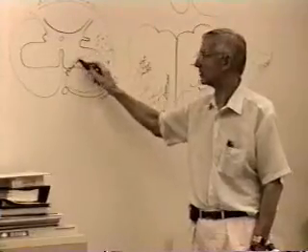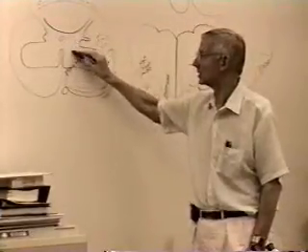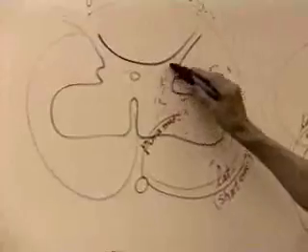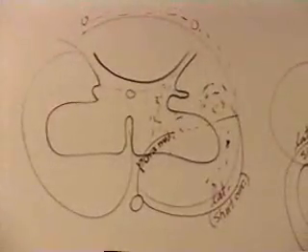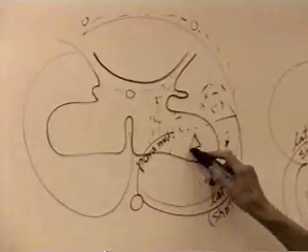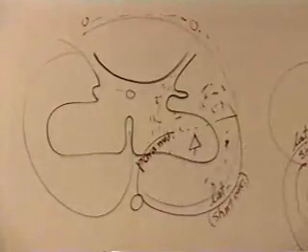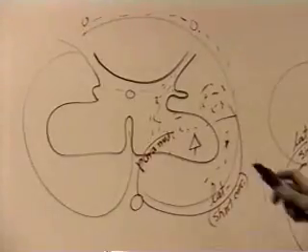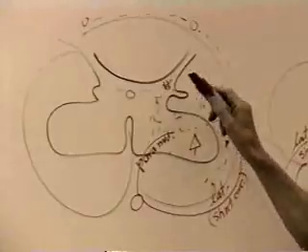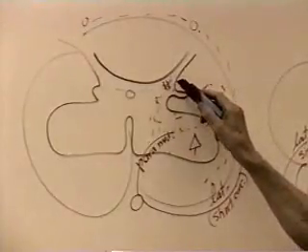So we have a large infarction here in the gray matter, including the association plate. So it's possible, if the anterior horn cells escape, it's possible for the deep posterior horn gray matter,